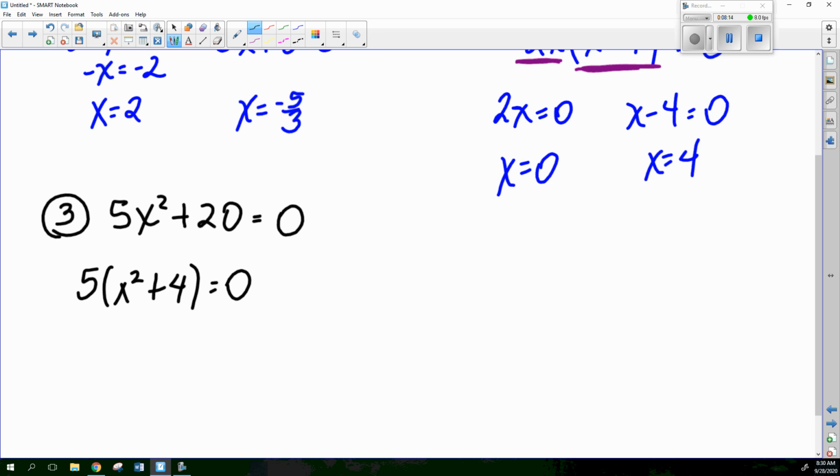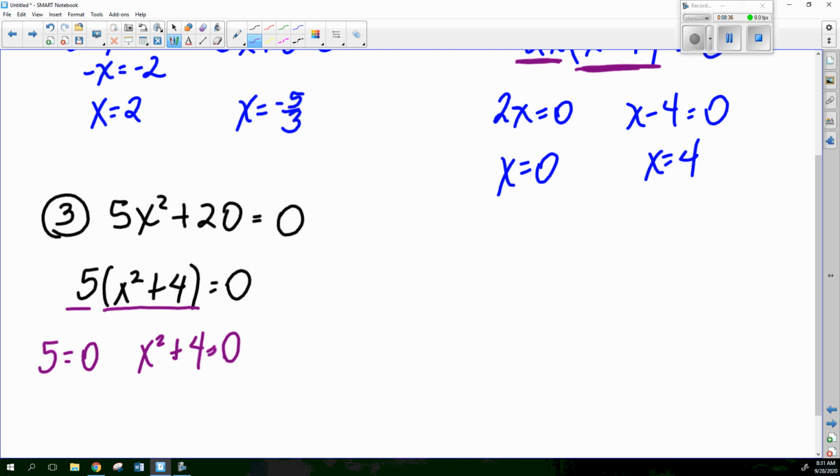We do have to check for that, but what does it have to be? Subtraction, and it's not, okay? So I'm done factoring. I can't factor anymore, all right? And I have 2 factors, a 5 and an x squared plus 4, all right? Now, when I set each one equal to 0,